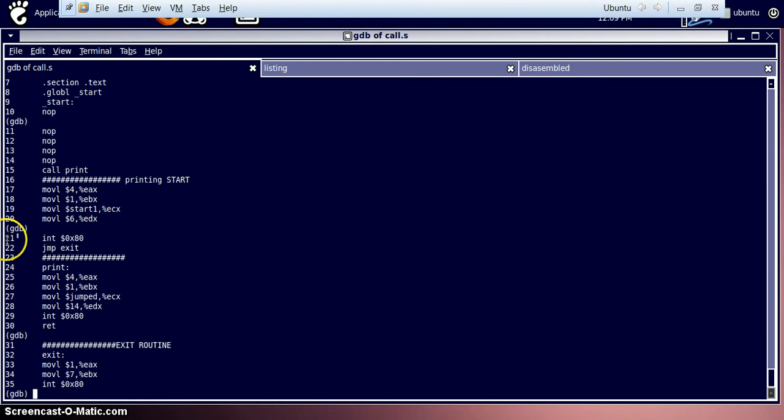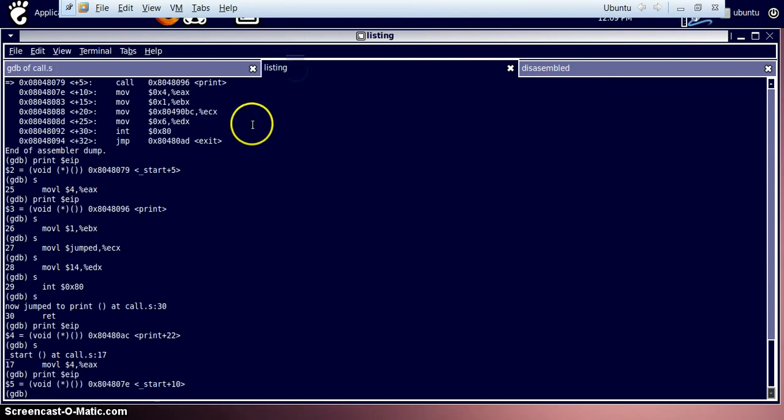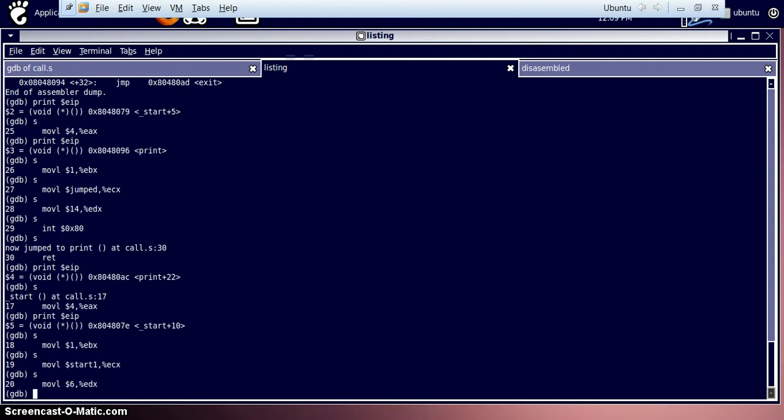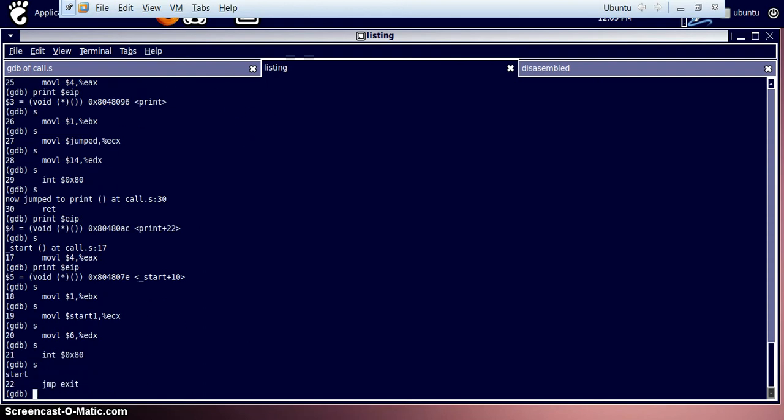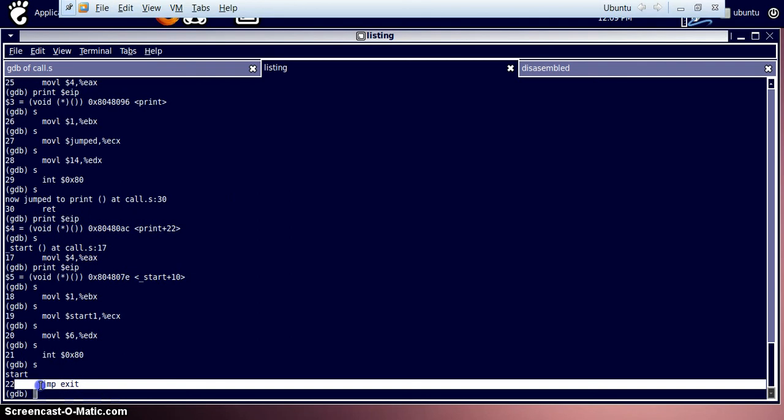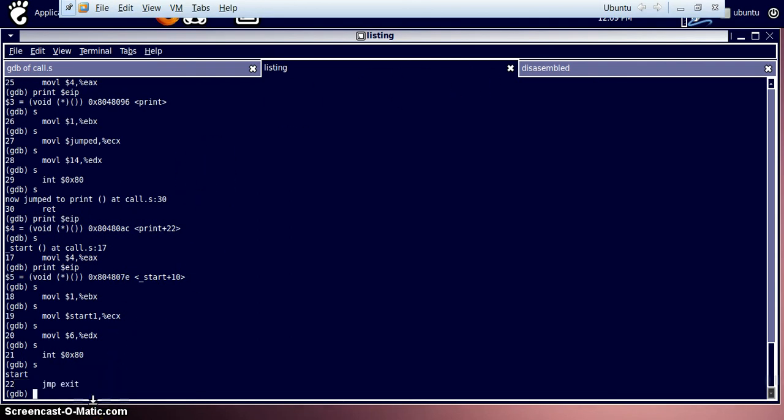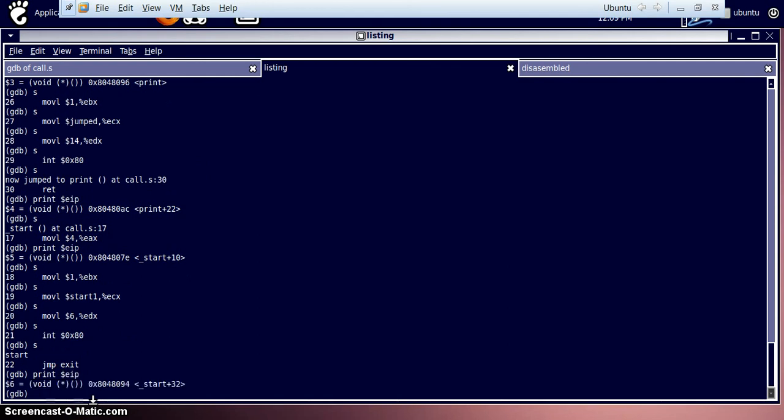Let us step till line number 22. Fine. 19, 20, 21. So now the program has stopped at jump to exit. Let's print our instruction pointer. Instruction pointer is at 8094.